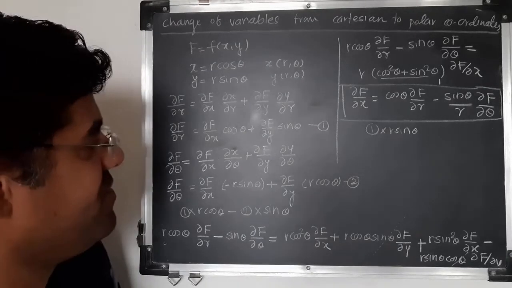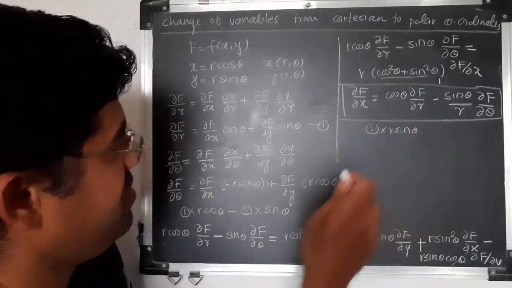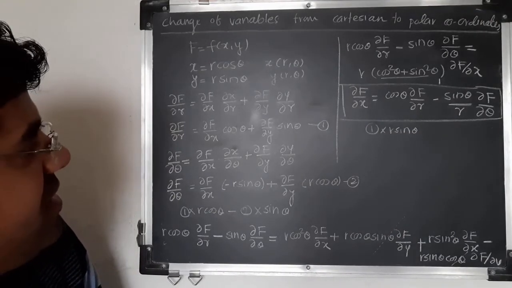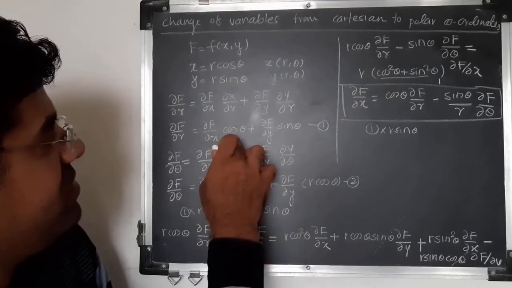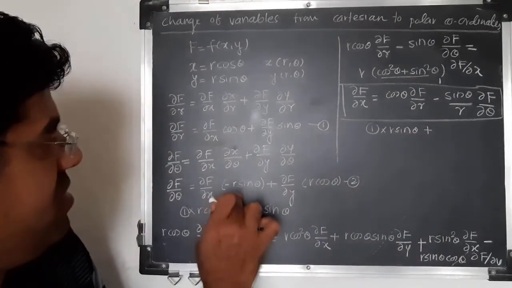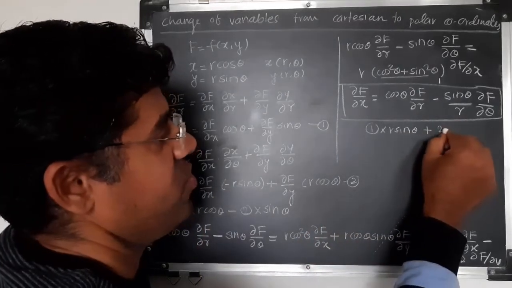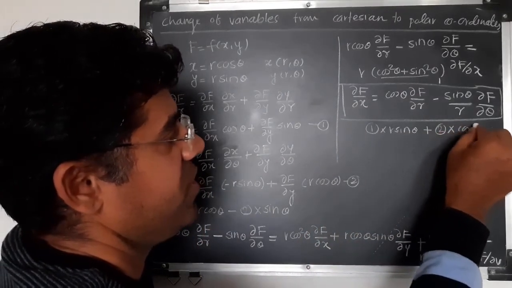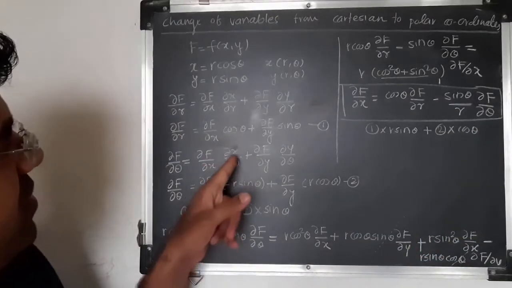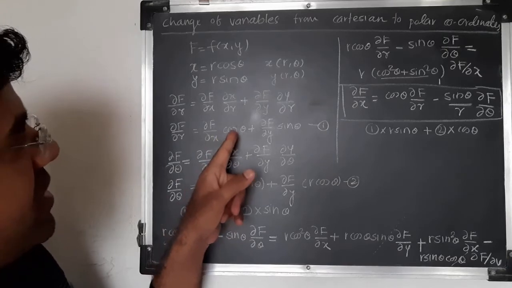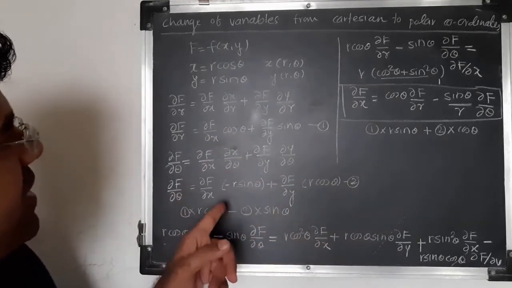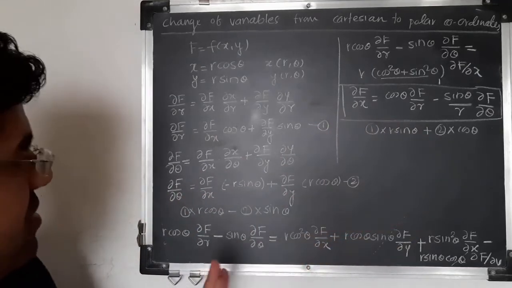Okay, and because I want to find out this case now, this is r sin theta, this one, plus this equation 2 multiplied with cos of theta. Simple thing, because when you add, here is r cos theta sin theta, here is minus r sin theta cos theta, so it will get cancelled. So you can do this step.